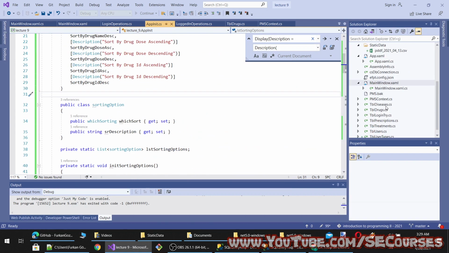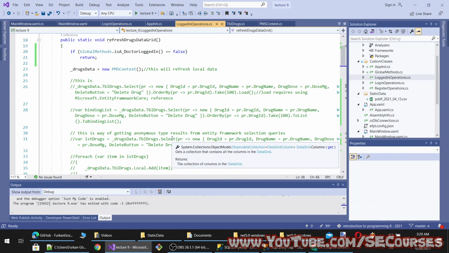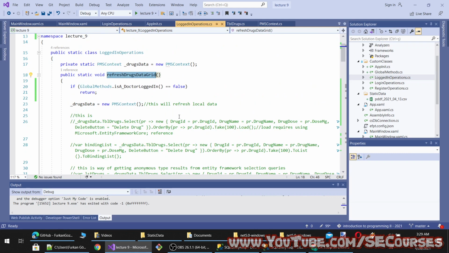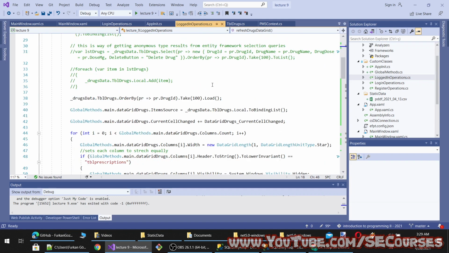We are going to do it in our login operations and in here. So you see, we are going to call this method, but this time we will take into account our sorting.